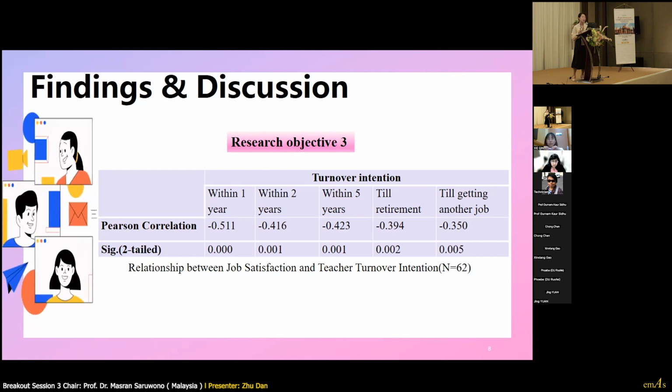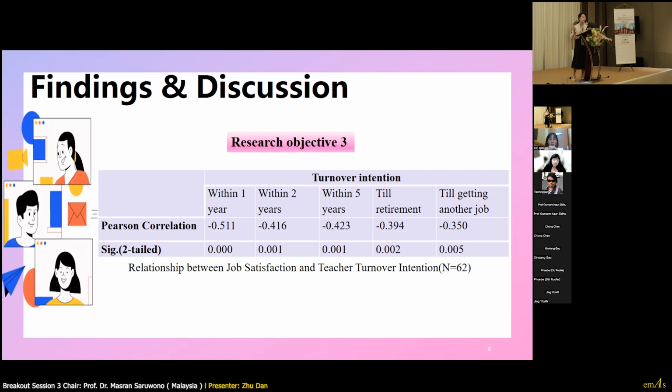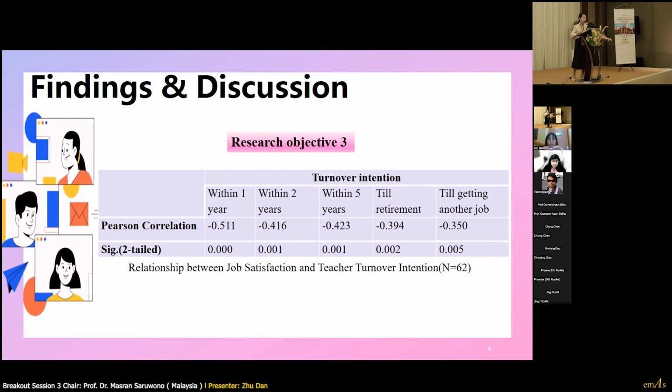Teachers with a higher level of job satisfaction will predict a lower intention to leave. Also, this relationship is statistically significant. Next, I will pass the mic to my co-author, Ms. Xie Qing from China, to finish this presentation.